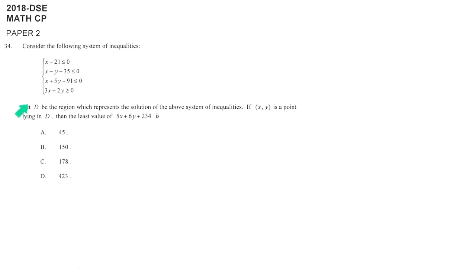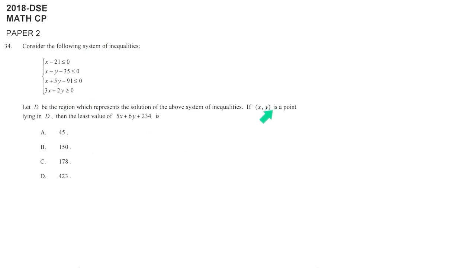This is a quite typical question about linear system inequality. That means this is representing a few lines, and then they bound a region where you can choose the feasible solution. Under those feasible solutions we have to find the least value. That means the combination of x and y to make this become minimum. Whenever you have this type of question, it's really time consuming because you need to have a brief idea where are